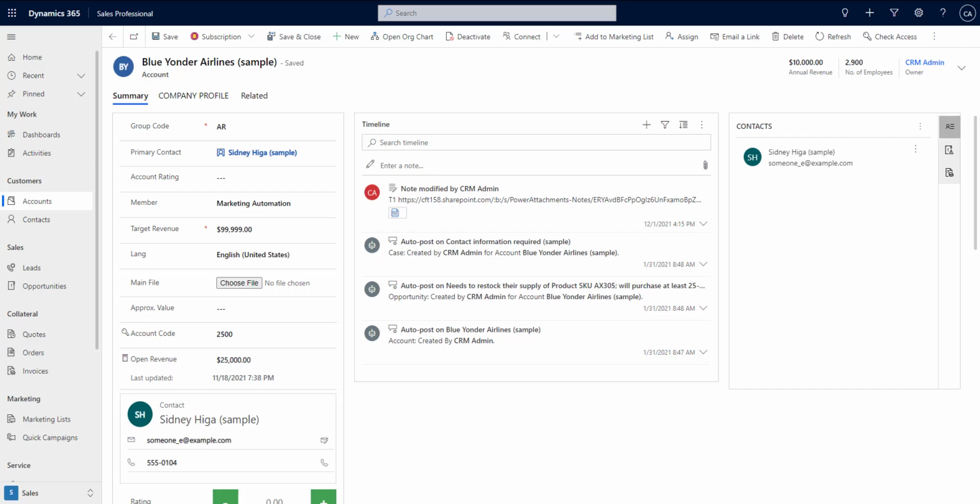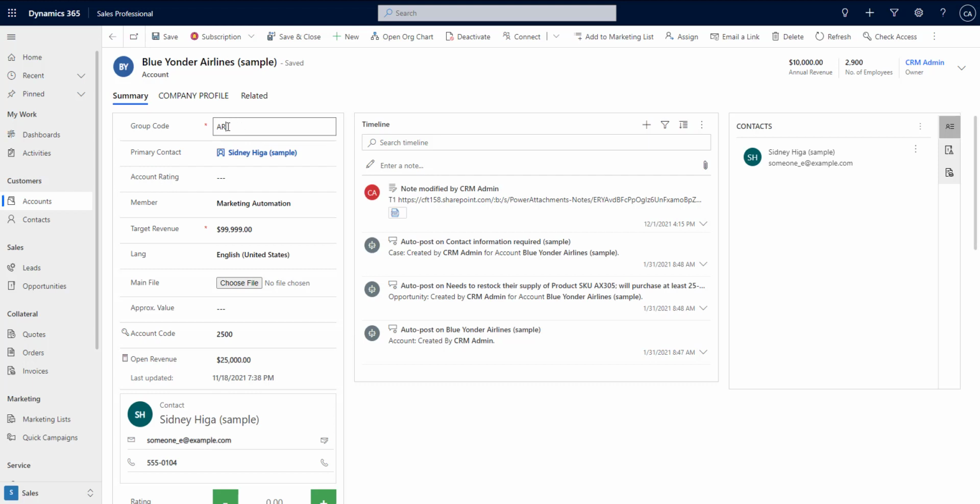Hello everyone and welcome to this tutorial where I will demonstrate how you can use JavaScript in Dynamics 365 to execute client-side business logic on the form. Now, in order to demonstrate this example, I will keep it very simple. As you can see on the screen, I have a group code field, and when any user enters the value AR onto the field, we will show an alert message.